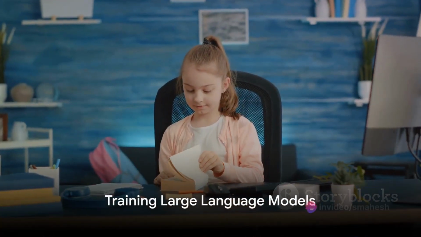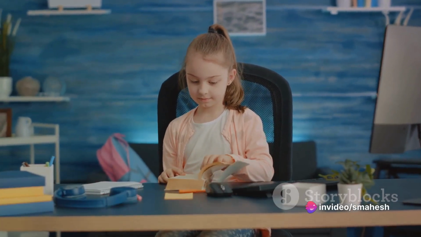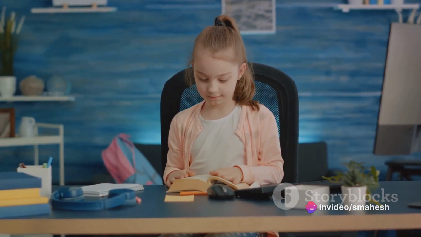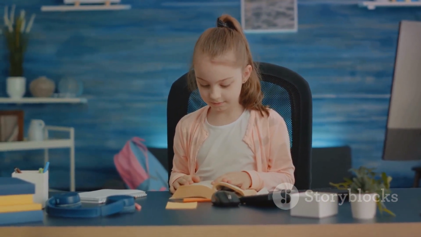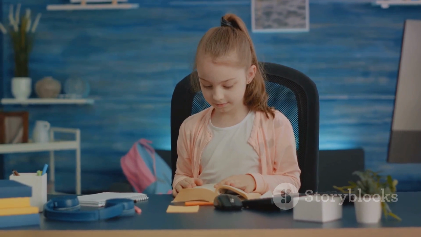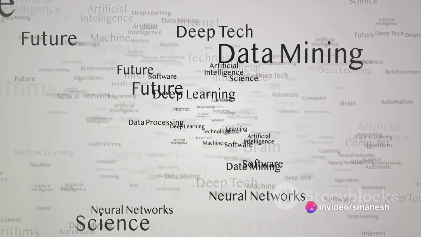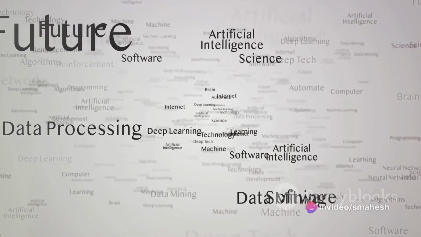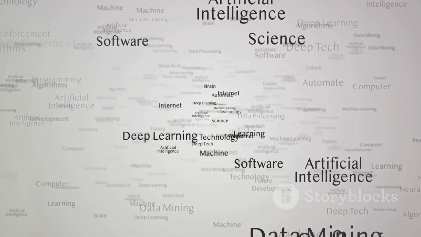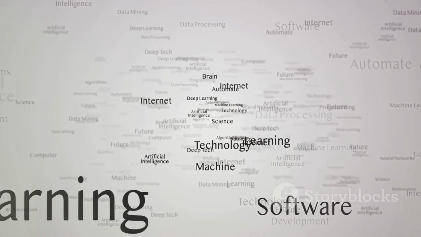Training a large language model is like teaching a child to speak, but on a much larger scale. Imagine a child devouring books, articles, and web pages, grasping the nuances of language from this massive corpus of text. That's precisely how we train these models. We expose them to vast datasets filled with billions of words in different languages, styles, and contexts. This extensive exposure allows the model to learn the intricate patterns of our language, the way words connect and interact